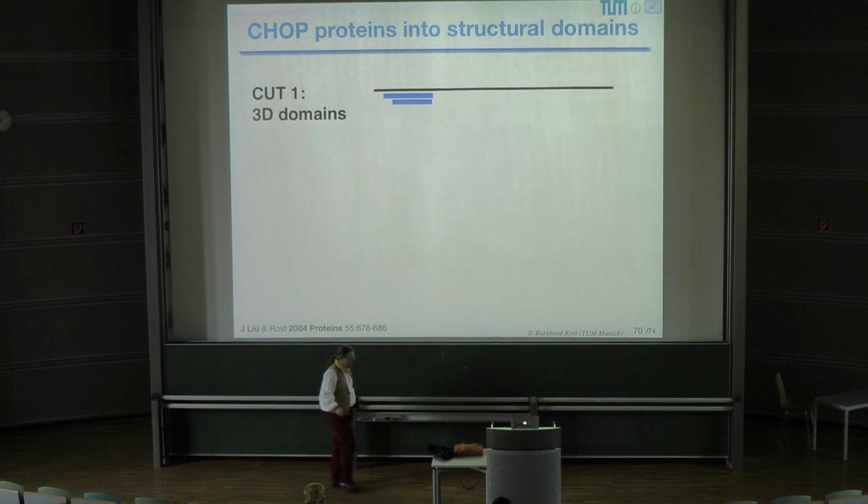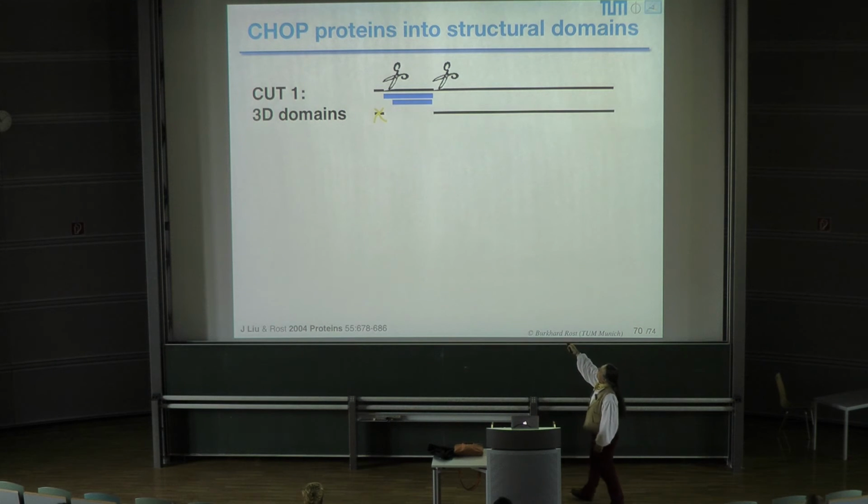Here we have two domains. Just looking at the sequence, you find that they are similar. So you say cut, okay? So I would argue this is one domain. This region here is less than 18 residues, so I know it cannot form a protein, I throw it away. Okay, now I have this one here. The next step is